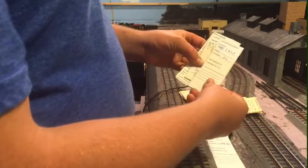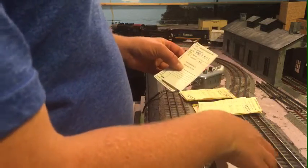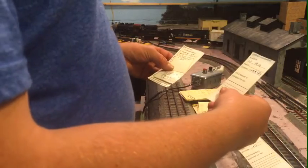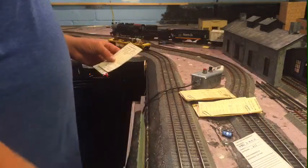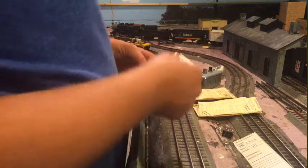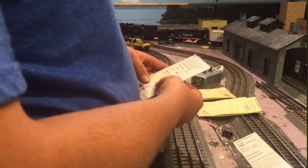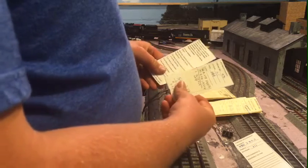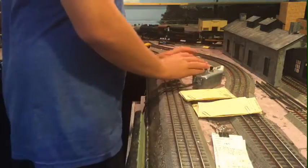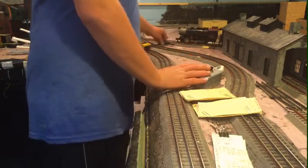And wait a minute, that's the wrong caboose. That's for that extra caboose I was keeping down another track. Oops. We also got our locomotive card, our water stop and our job card. And now we're going to proceed. We're going to wait across the diamond, actually past it, and wait for our